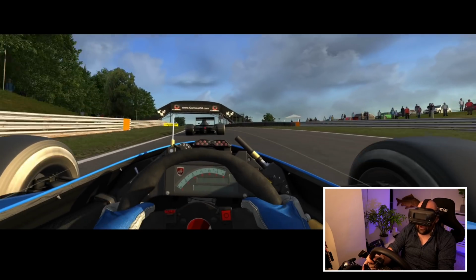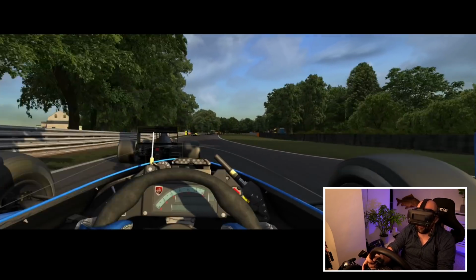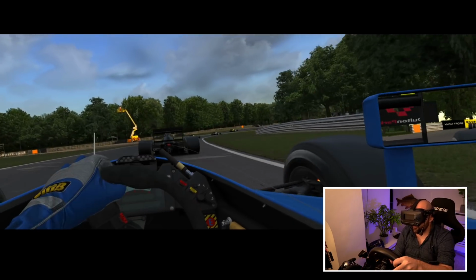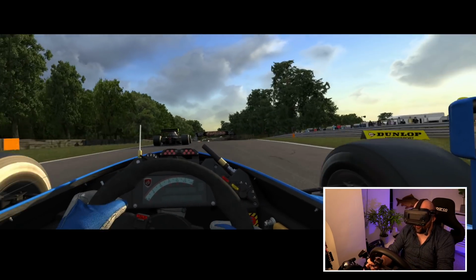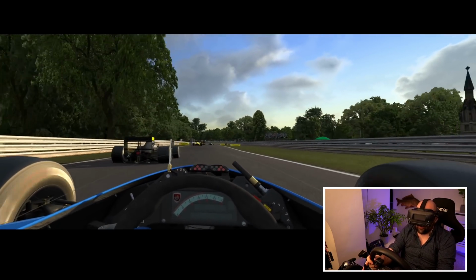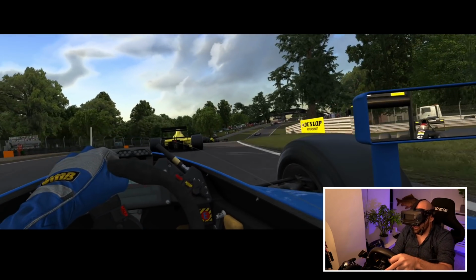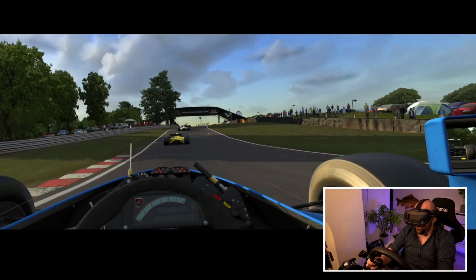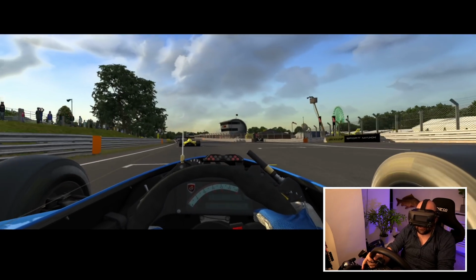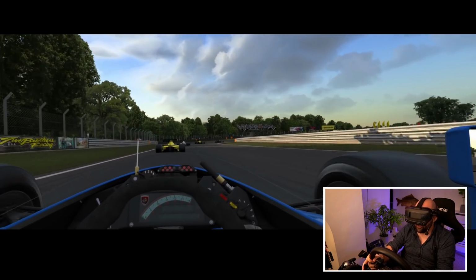And on a DD wheel especially, and I imagine even on something like a CSLE or even a T300, you'd probably still feel it on that. But on a DD wheel, you just feel exactly what the car's doing through the force feedback to then work with it. With that throttle input and with the steering input, it's truly magical. It's absolutely phenomenal. I just wish that other simulated Formula cars drove like this, or felt like this, or just worked like this, because